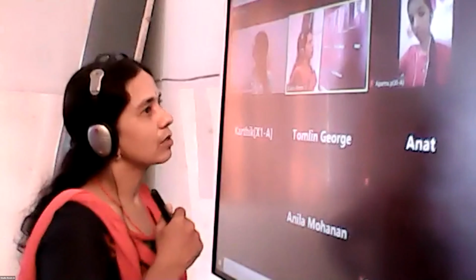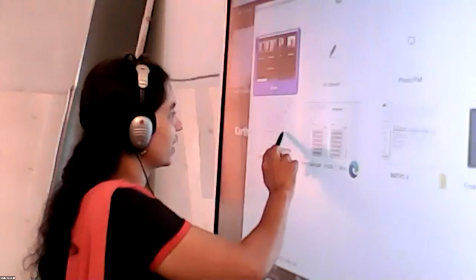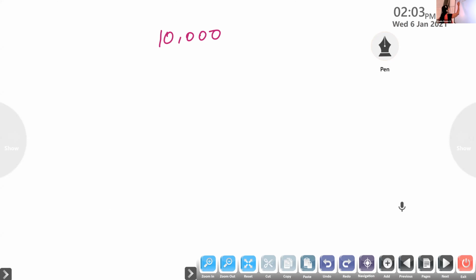10,000 we are borrowing. So what is given here? Karthik, can you guess what this 10,000 is? Principal. So here we are not using compound interest. Here it is an annuity, since the payment period is given as the end of every 6 months. So we are taking this as an annuity, and the present value is 10,000.